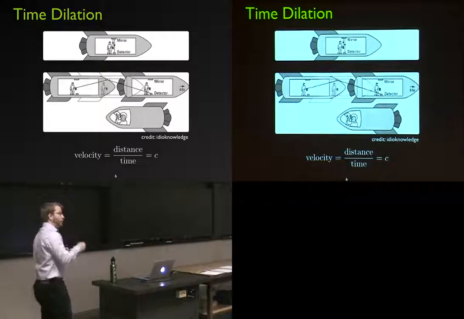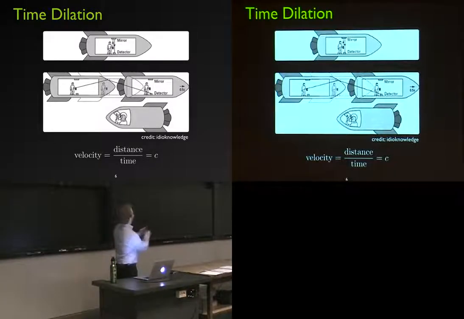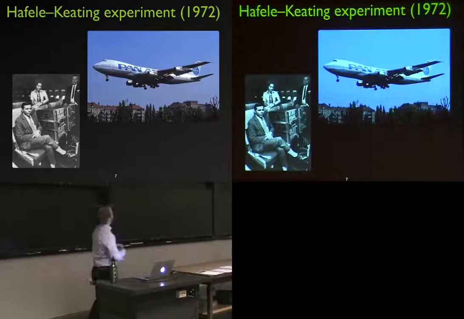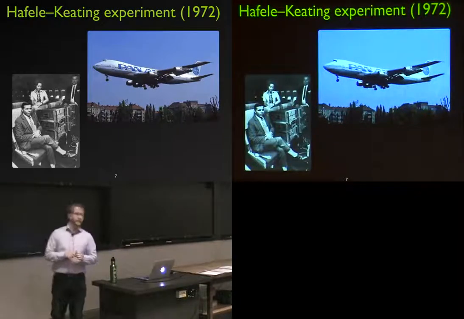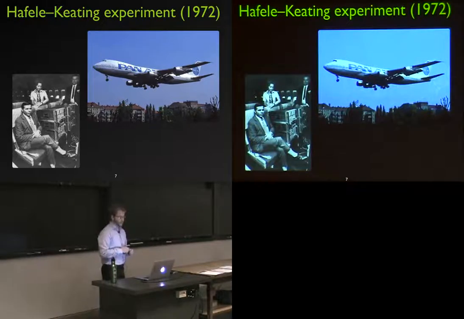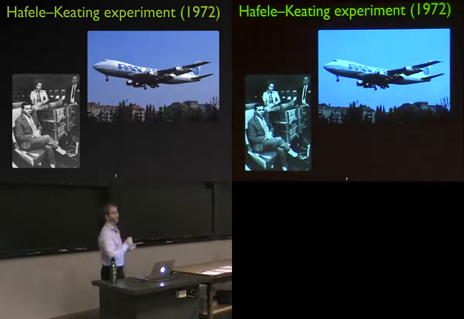When you move close to the speed of light, your clock will start ticking at a different rate than somebody that's stationary, or than some other observer that's moving at a different velocity. And that was experimentally verified in 1972. Some guys down here came up with a great way to get their flight paid for by grant money, and they took a bunch of atomic clocks up in planes, and they timed them and compared those clocks after flying around the world in each direction to clocks on the ground, and they verified that those clocks ticked at a different rate when they were flying around the world.